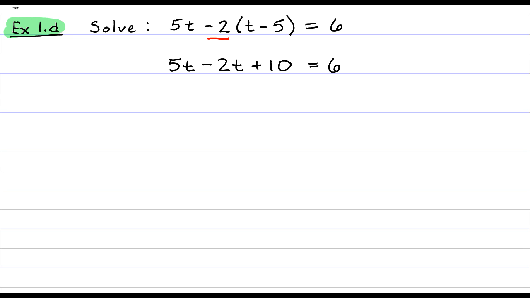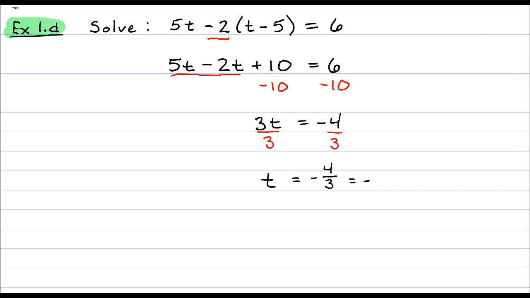Okay, so now I'm going to combine these to get 3t, but I'm also going to subtract 10 from both sides. So my new equation is going to be 5t minus 2t. This is 3t. On the right, I'm going to have 6 minus 10, so that gives me negative 4. So then I divide both sides by 3, and then I'm going to get t equals minus 4/3,